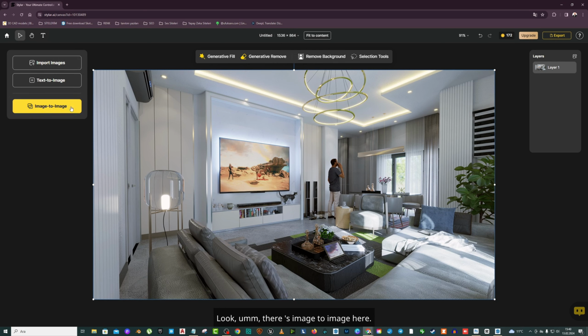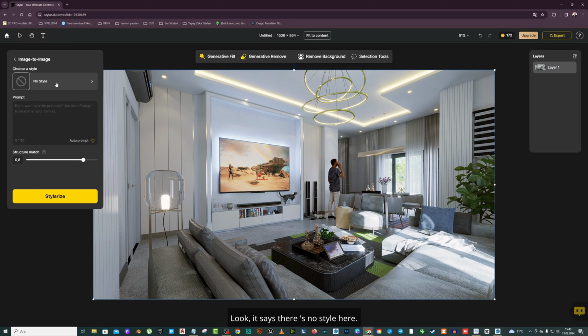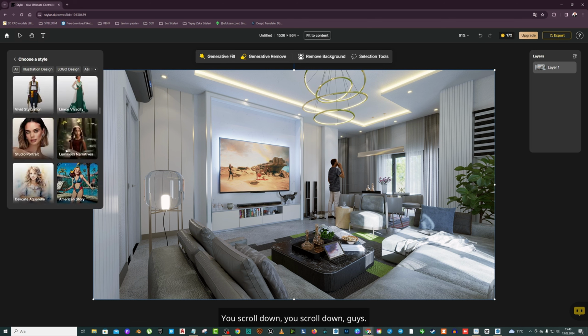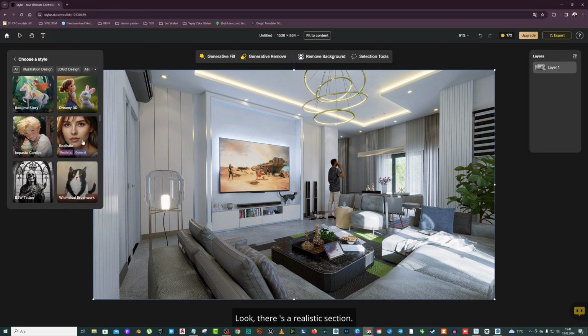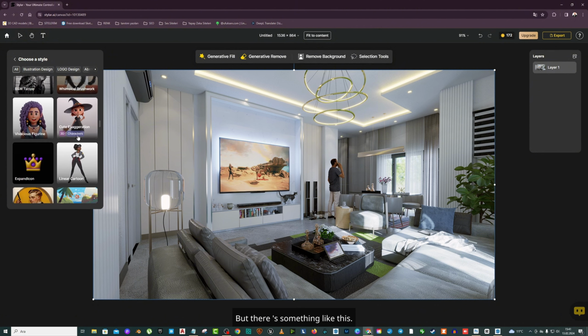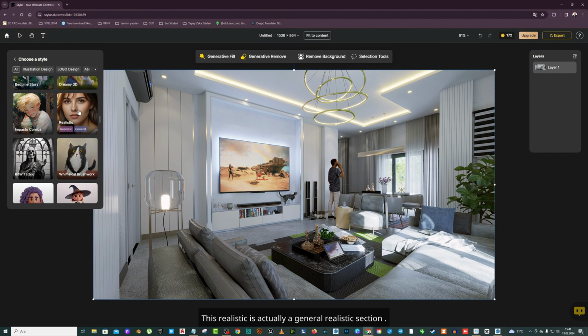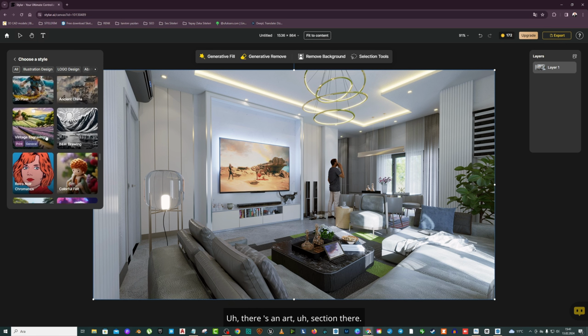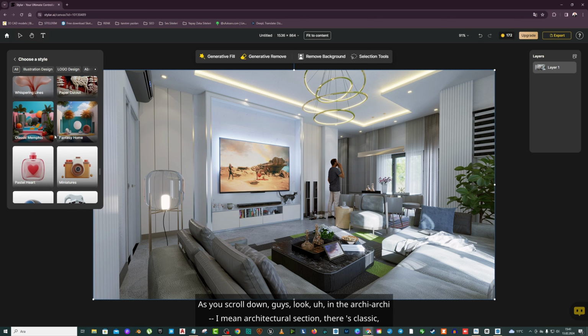Look, there's image to image here. Look, it says there's no style here. It says no style. You scroll down, guys. Look, there's a realistic section. If you select realistic, it makes changes according to the design again. But there's something like this. This realistic is actually a general realistic section. When you scroll down, guys, look, there's pixel art here. Now, there's an art section there. As you scroll down, guys, look, up here,